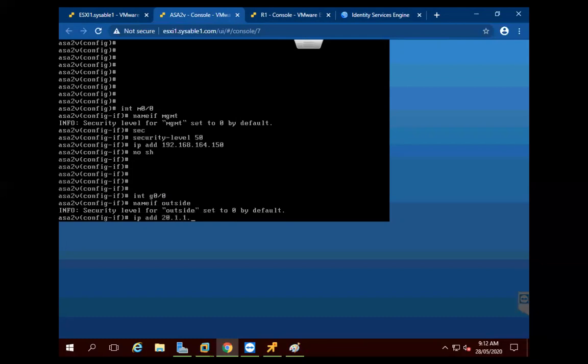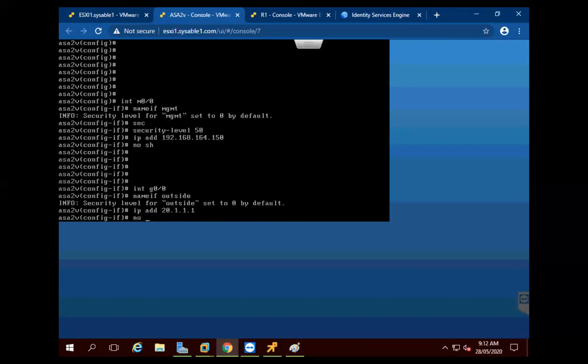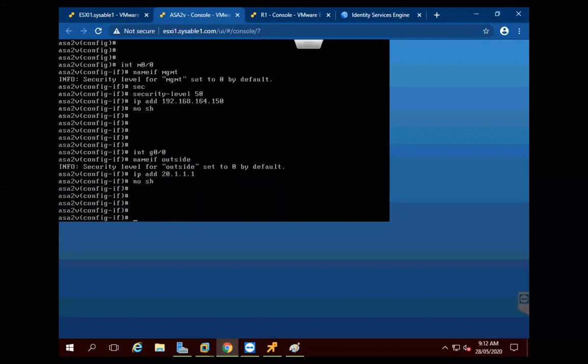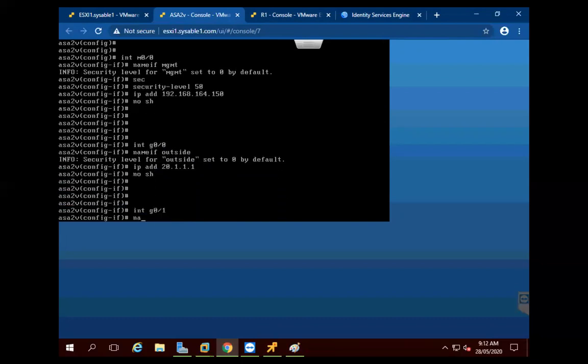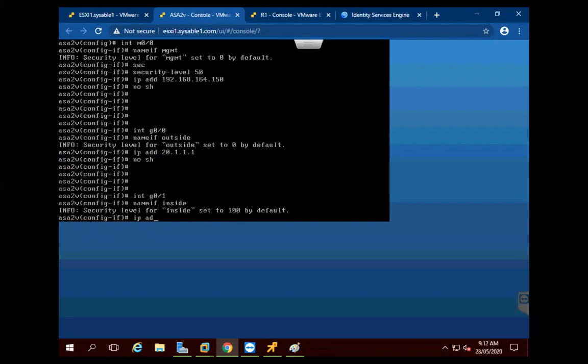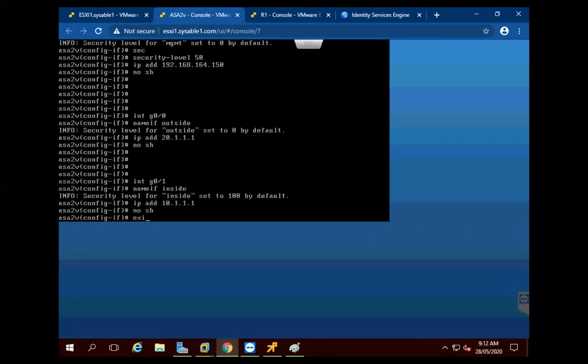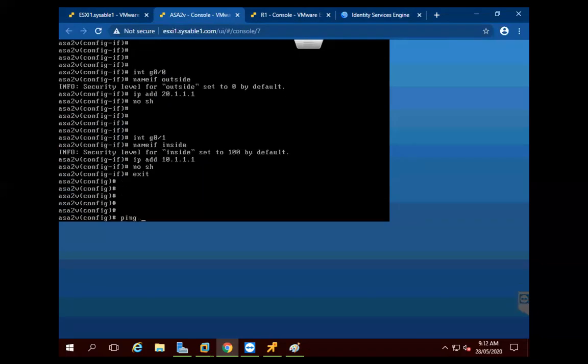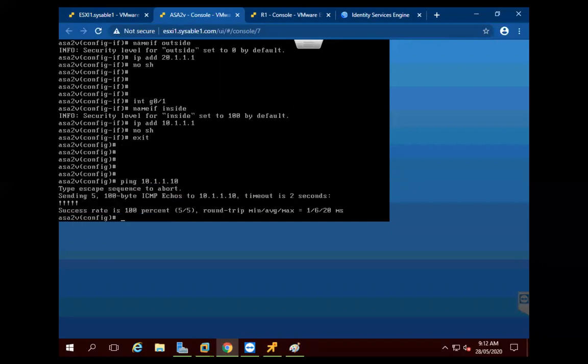and that is 20.1.1.1. No shut. Then next, I will assign the inside interface. No shut. Now I should be able to ping 10.1.1.2.